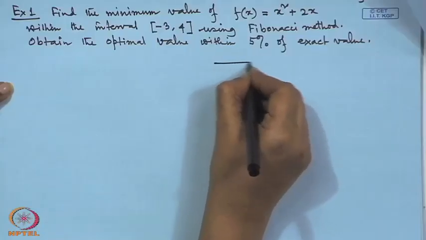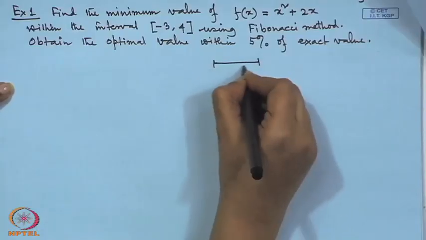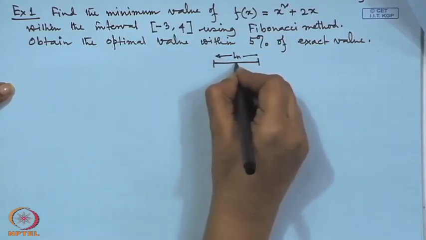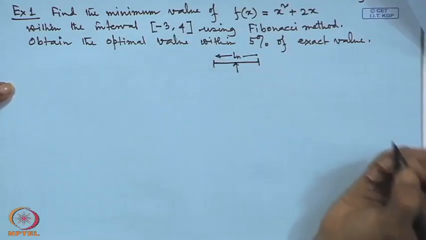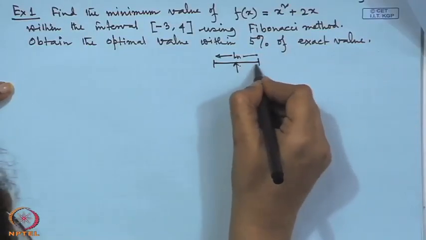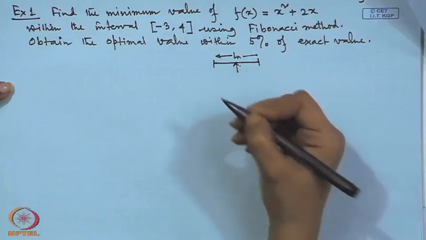That is why, if ln is the interval after the nth experiment, then the mid value will be declared as the optimal value, as I said. Then if we want to have 5% of the exact value, then half of the nth interval of uncertainty must be less than or equal to L naught into the error percentage. That is why we can write it down that